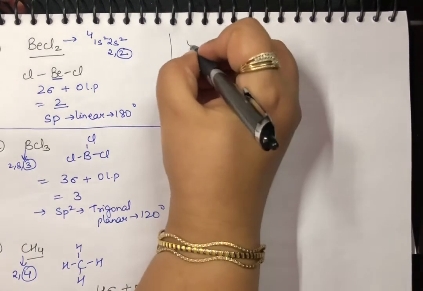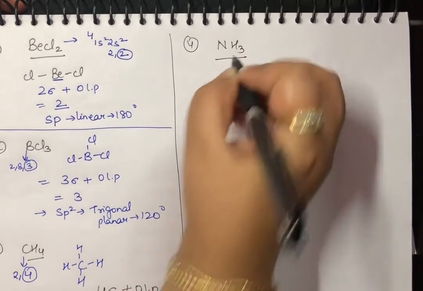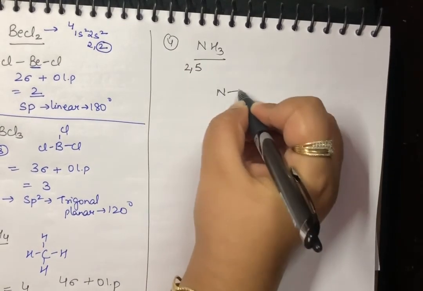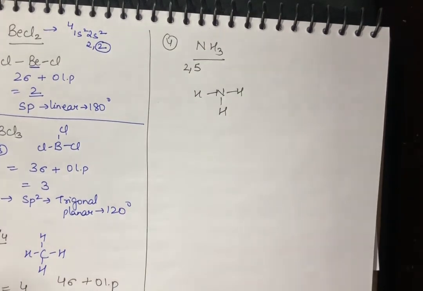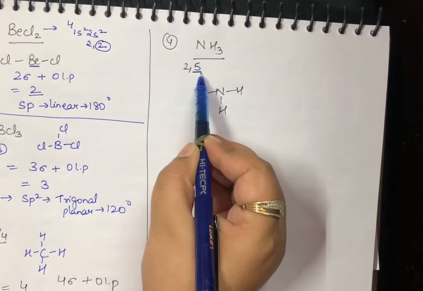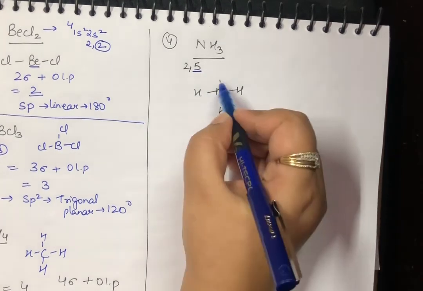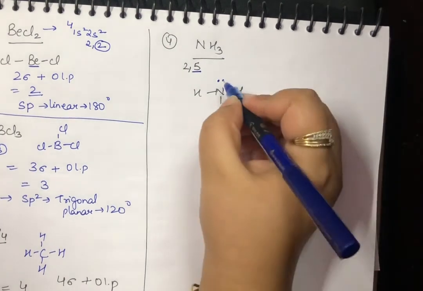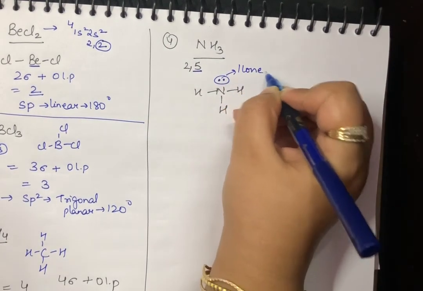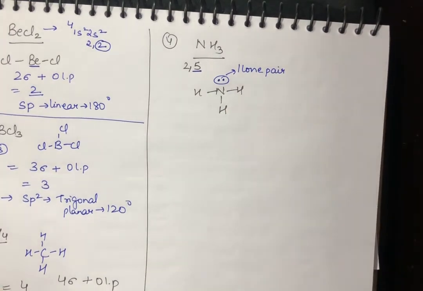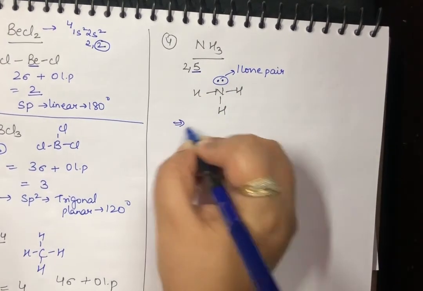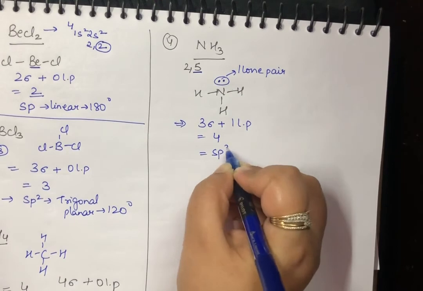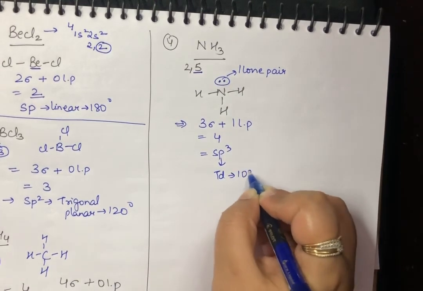Similarly, let's take example of few more compounds. Let's talk about ammonia. Now nitrogen belongs to group 15, so the configuration is 2, 5. So nitrogen would somehow look like this. So now nitrogen has 5 valence electrons and only 3 are involved in bonding. So that means 2 electrons are still left vacant, and 2 electrons, if I form a pair, is 1 lone pair. 2 electrons are counted as 1 pair. So now if I have to calculate, it has 3 sigma bonds plus 1 lone pair. So the number is 4. It turns out to be sp3. It is tetrahedral and it is 109.5 degree.